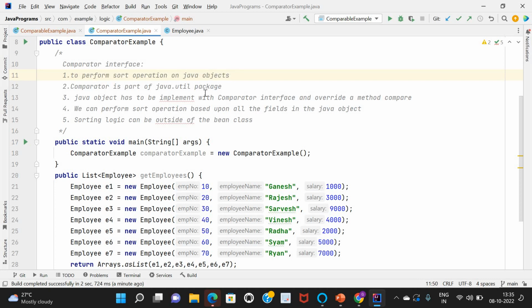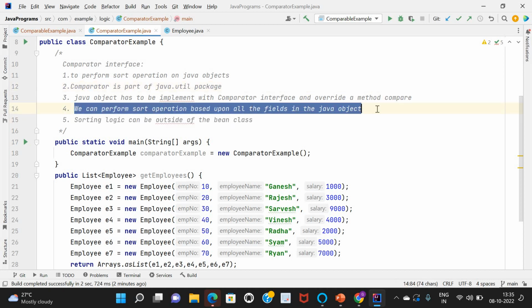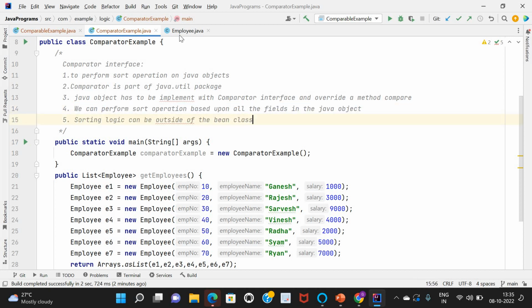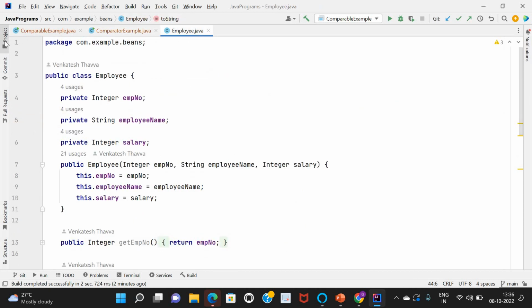I have mentioned the first one is to perform the sort operation, Comparator is useful and it is part of the java.util package. And if you see the fourth point, we can perform the sort operation based upon all the fields in the Java object. Previously we specifically depended upon the salary field by using the compareTo method. And the fifth point is sorting logic can be outside of the class. For example, if we want to take,